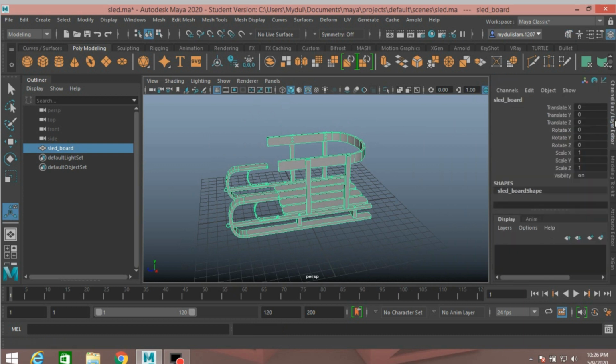Now go to channel box or layer editor. With selected, click on this icon, create a new layer and assign selected object and click on this icon. This will hide this.